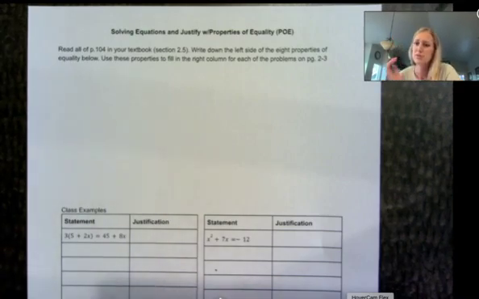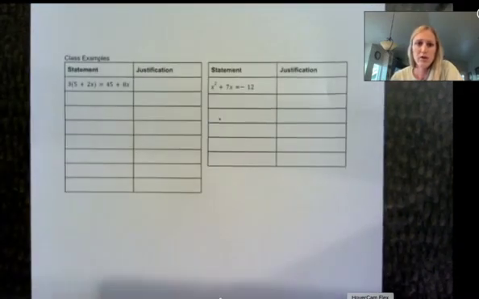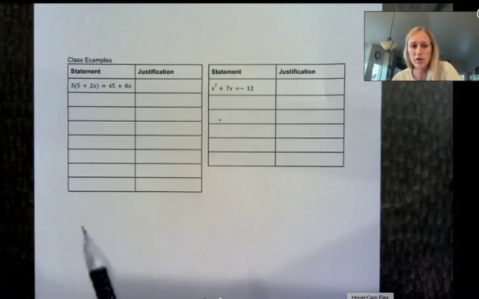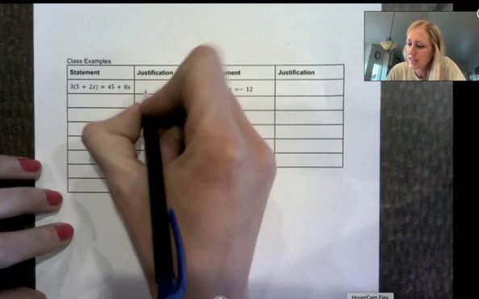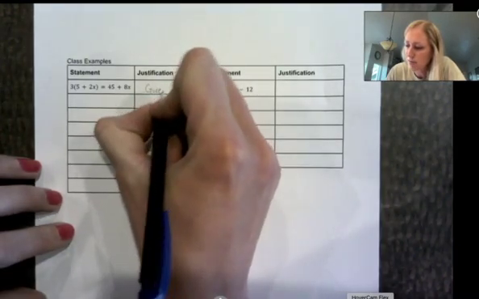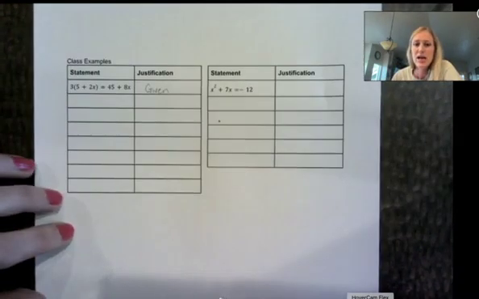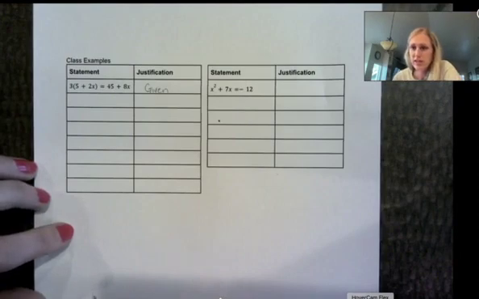So what we're going to be doing is we're going to solve an algebra equation. This should be a review from Algebra 1. But where it says justification here, we are going to write in what property we are using. So always when we're just starting with a statement, this problem is just given to us. So we're always going to have our first reason just be given. And then we're going to solve just like I normally would. I'm going to simplify each side of the equal sign,